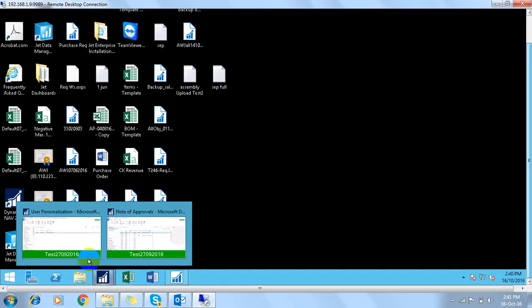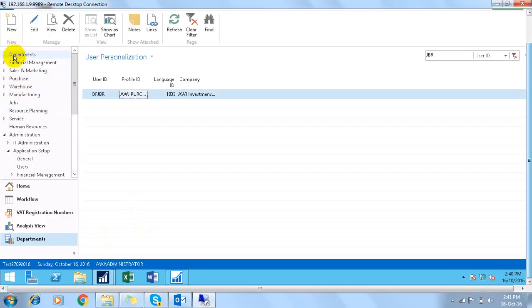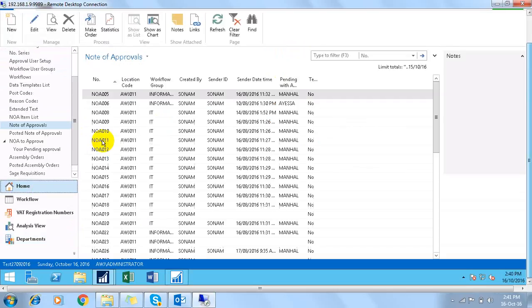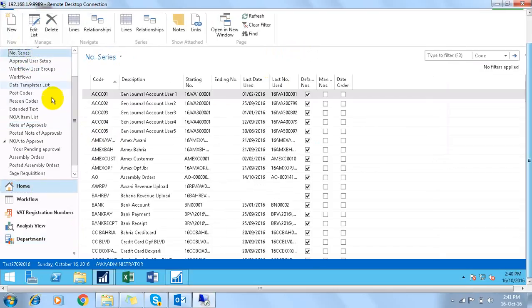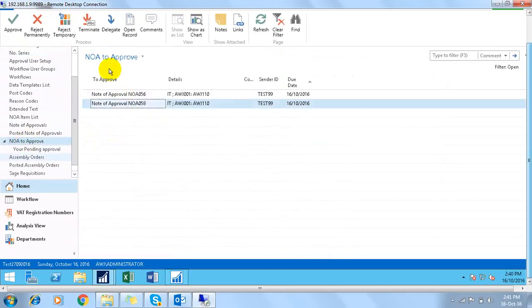And the third one is the administrator. This one is lying with the administrator, so once he approves it,